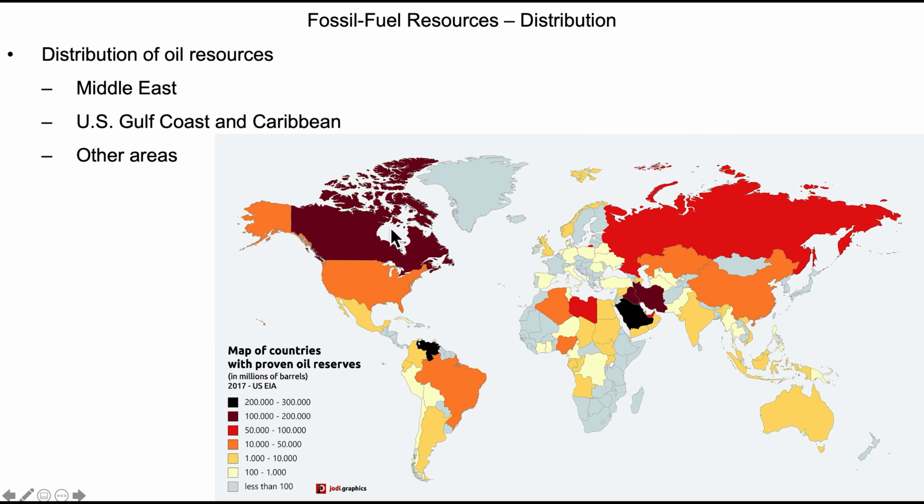The dominant sources of oil are going to continue to be the Middle East for a while, and Russia. The Middle East and Russia are the regions that are currently keeping oil prices down, which is directly affecting the economy of Canada and more severely affecting the economy of Venezuela. The U.S. Gulf Coast and Caribbean are going to continue to be active, but not as active as they had been in the past. And then we have other areas that pop up on occasion as brief, moderate sources of